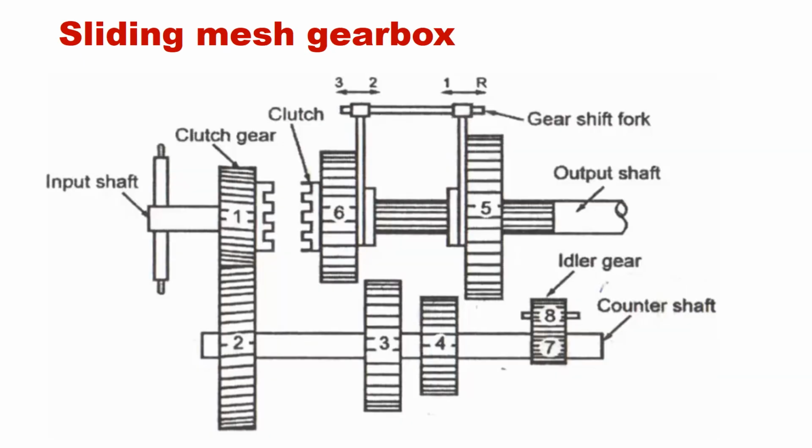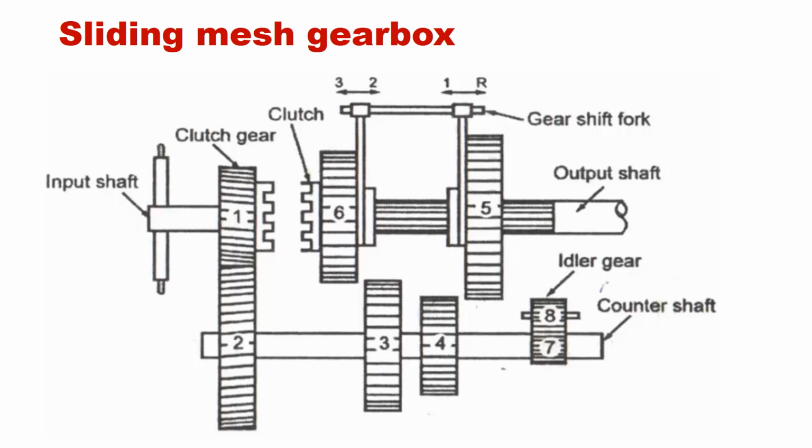It is the construction of the sliding mesh gearbox. The component details: it is called the input shaft, the engine shaft connected with the gearbox. It is for the output shaft or main shaft. The next one is called the counter shaft. So it is for gear 1, gear 2, gear 3, gear 4, gear 5, gear 6, 7, 8, number of gears are